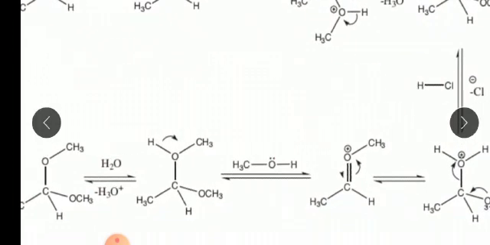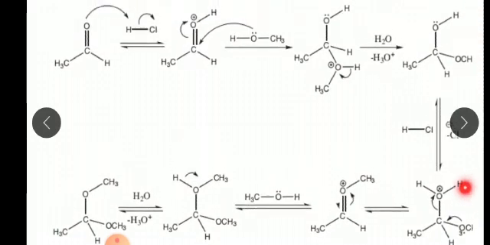Second step, some rearrangement takes place here. See here, OCl on this side, CH3, again H. So the bond will be shifted. The bond will be here, OCH3. The bond will be shifted here. Automatically this bond will be. It means the removal of a water molecule. So removal of a water molecule means automatically the CH3 bond will be shifted here.